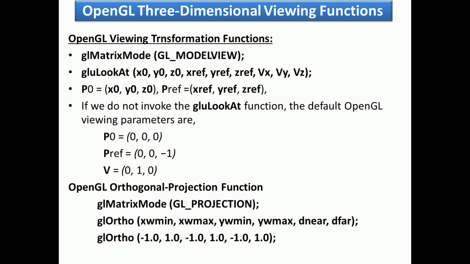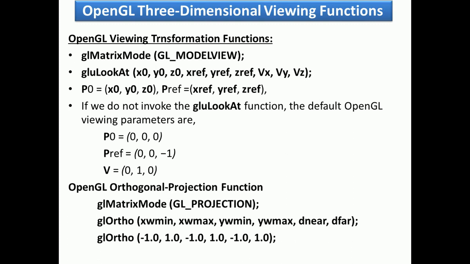So P_ref we can use as a reference here, and we can think of the reference position as the point at which we want to aim a camera that is located at the viewing origin. The up orientation for the camera is designated with vector v, which is adjusted to a direction which is perpendicular to n.